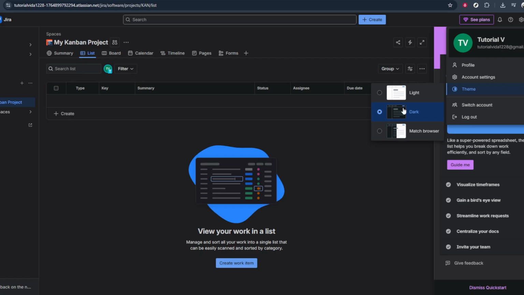This setting is tied to your user account, so it will stay in dark mode even if you switch projects or log in from another computer, as long as you're using the same account. If at any point you decide that dark mode isn't for you, you can follow the exact same steps. Click your profile icon, choose theme, and then switch